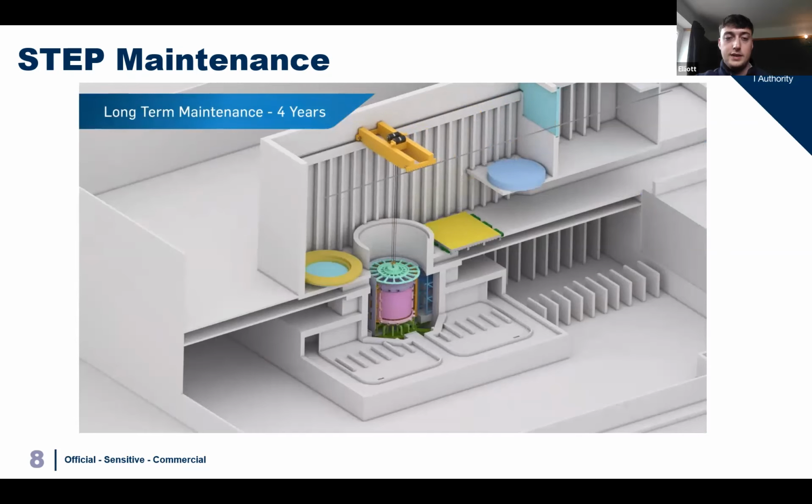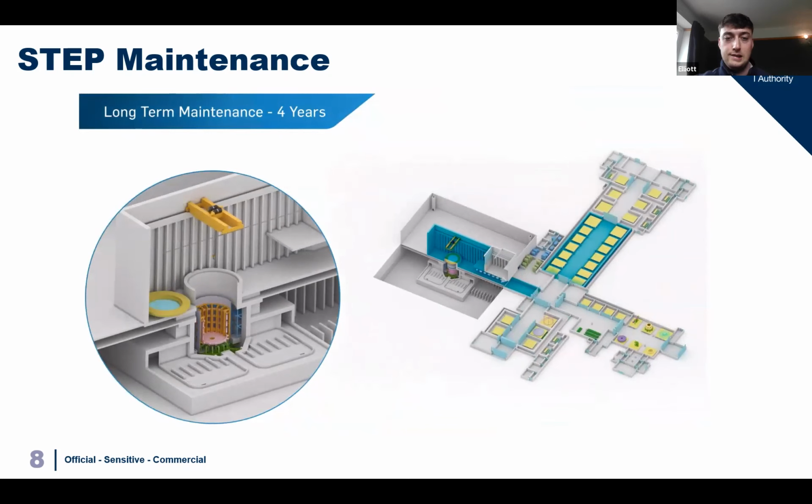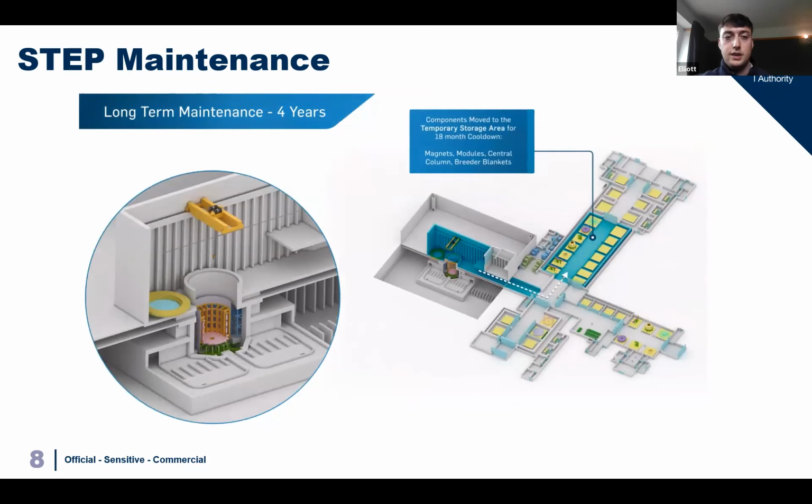That blue piece there is a containment shield. So as you can see, a component of the tokamak comes out, the containment shield goes on, and this will aim to prevent spread of radiation and tritium throughout the whole plant. And then the whole reactor comes apart, goes into the temporary storage area, and then these components will sit for a period of about 18 months while